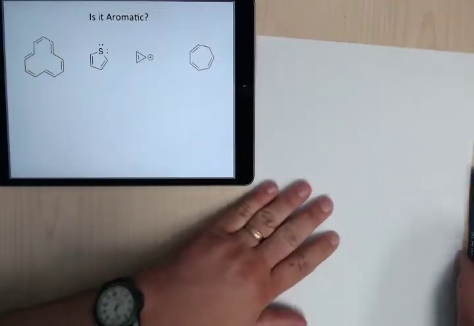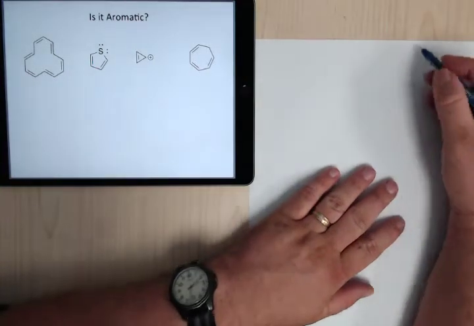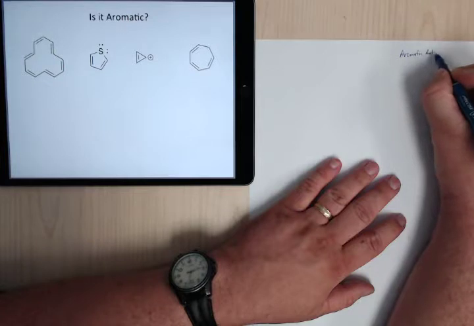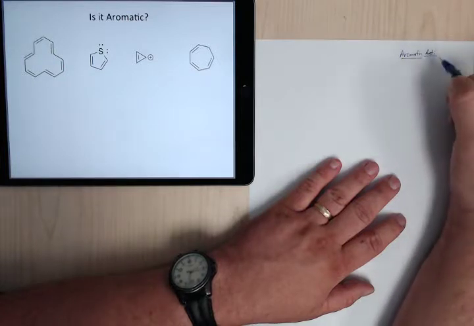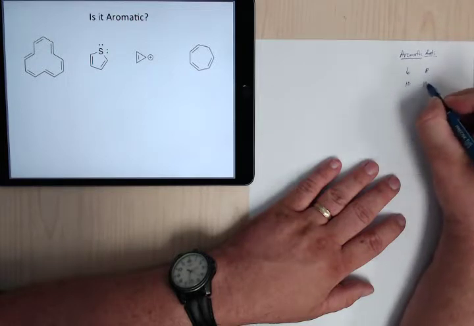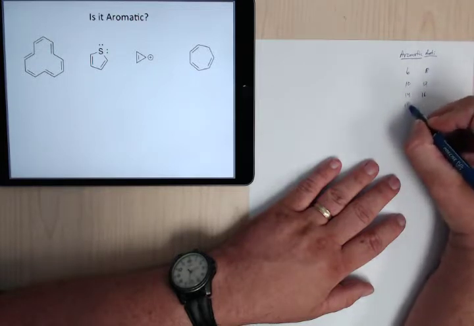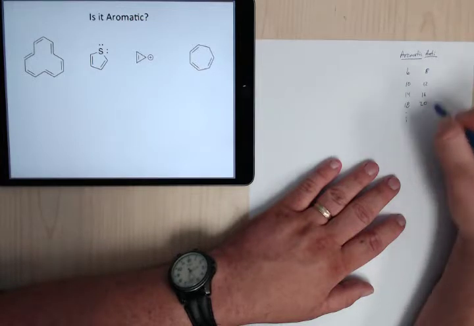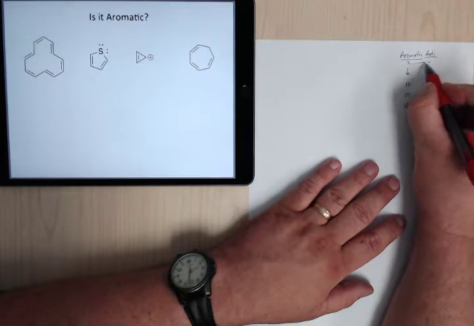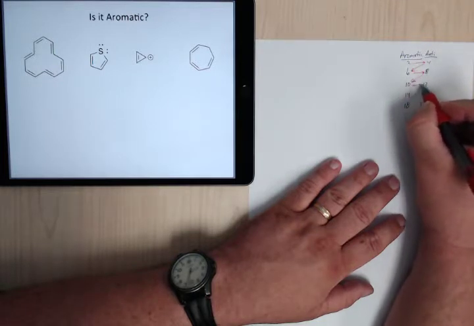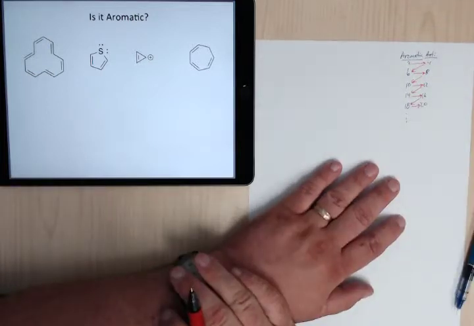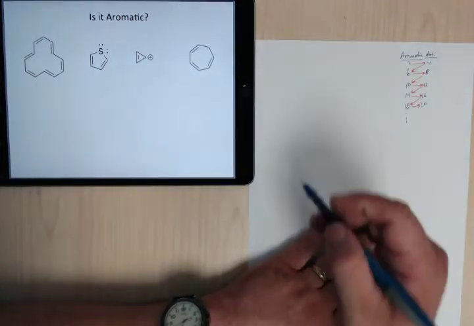So remember, the rules are aromatic, anti. You can start at 6, so 8, 10, 12, 14, 16, 18, 20, and so on. You can also go backwards, so 4, 2, right? So it's going to be 2, 4, 6, 8, 10. Start bouncing back and forth, like that. Now, for this one,